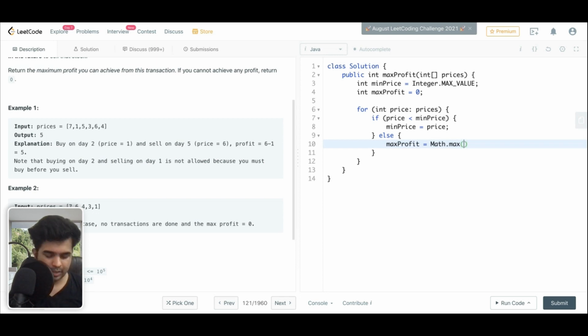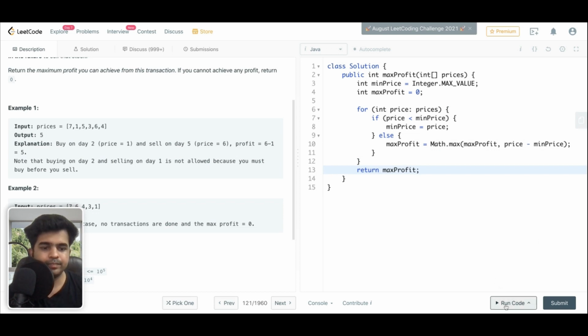So we can do Math.max of max profit, the current value of our maximum profit, and price minus min price, where min price is the minimum price we have seen till now. So I think that's all. This should be good, and we can return our max profit and this should work.